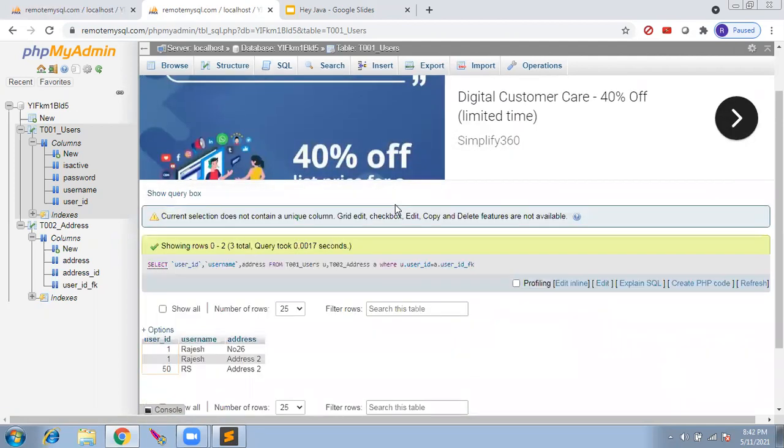If I run this, see here, it has brought it nicely. It brings user id 1, his name is Rajesh, and his address in the address table is 26. User id 1, again Rajesh, his address is 2, and there is one more user, 50, whose name is RS and his address is also 2.